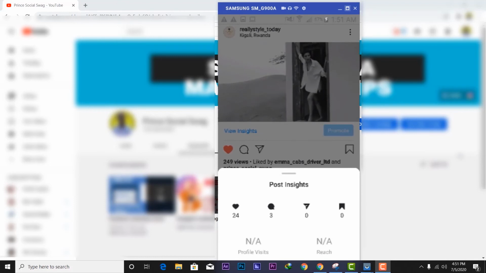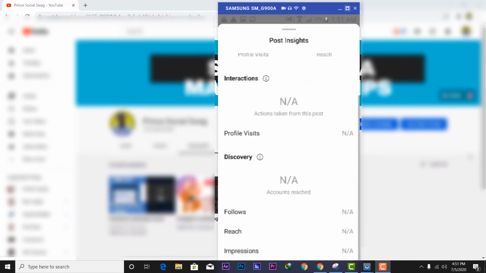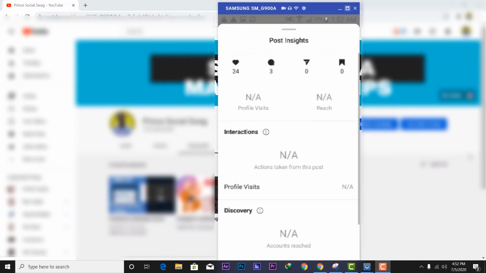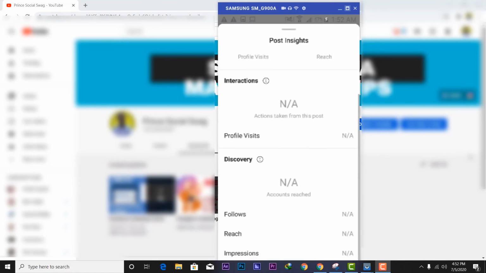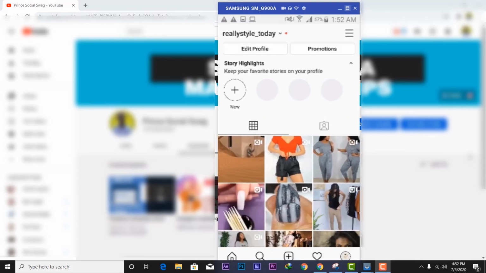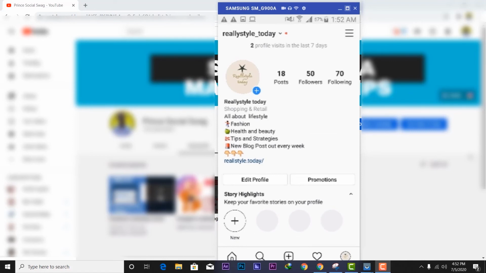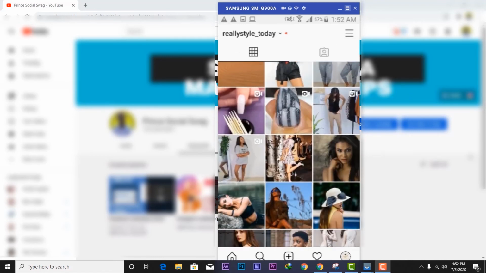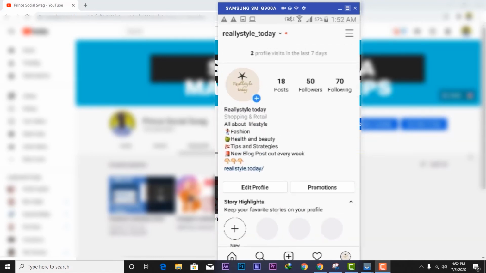You click on view insights and you see the interactions, likes, comments, and the people who follow you. If that post has brought you some more followers, you see that also. Many features for your business.